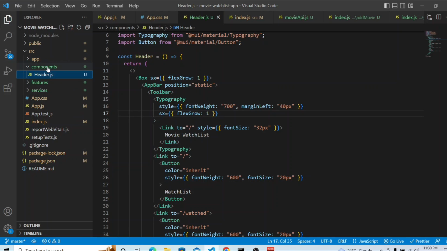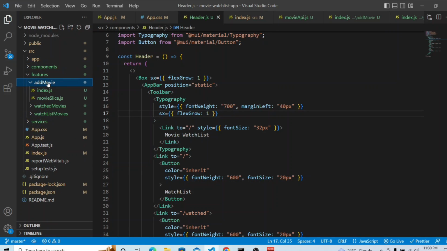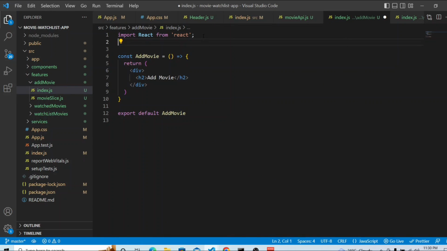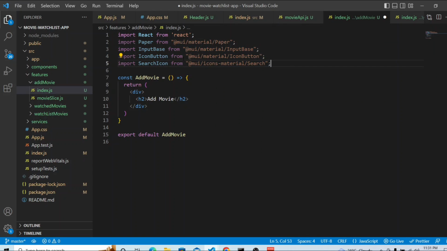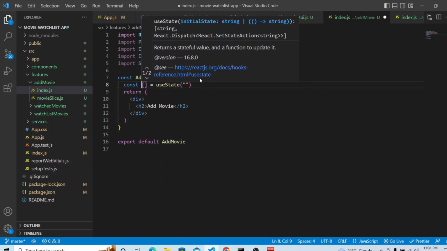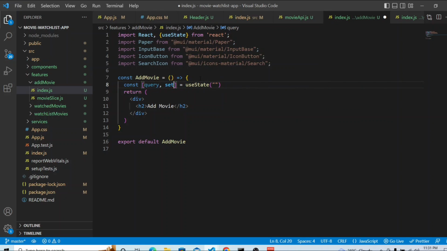So let me go to this feature folder and we are going to have this index.js file. And first I'm going to paste some import statement which is required to create a search input field. So we need this mini component from our material UI. Okay. We also need use state, okay, from React, and let's define one initial state. So we are going to have like query and set query. Okay,